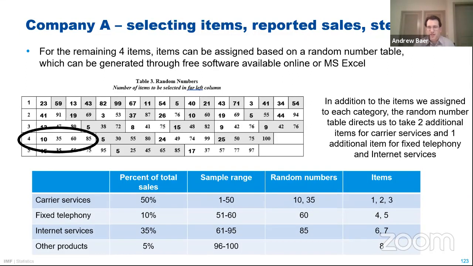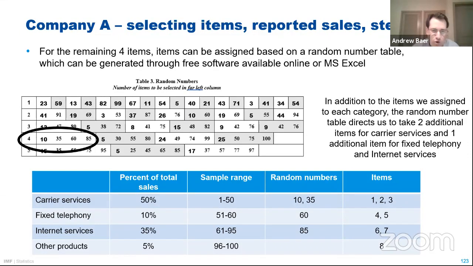But I think the important thing to know is that if you can, you want to know the total sales and then the proportion of their sales by major product category. And then you can assign items to those product categories. I think very often they'll just tell you, look, this is my biggest product category, this is my second, this is my third, this is my fourth. We can use that information, okay? We don't always need these very precise percentages.